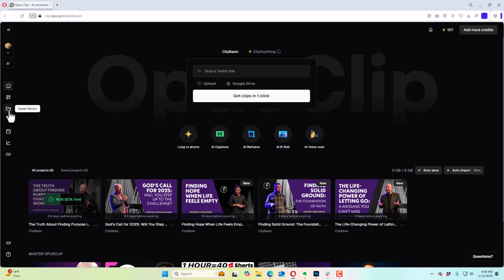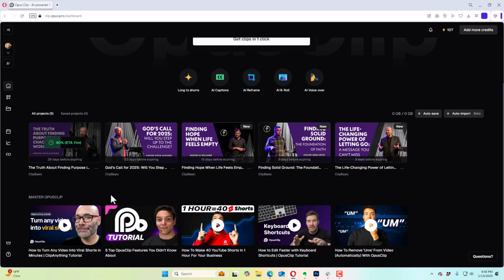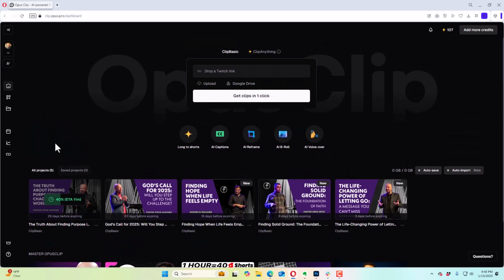Brand template, asset library. So if I've uploaded images or different things to use, this actually has a thing where you can post it to your social media accounts for you, like an auto poster type of situation. I've not tried that, but I know it's in here, and that's what the calendar's for. So you can pick when,